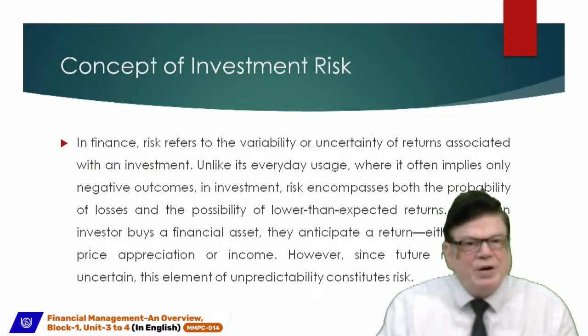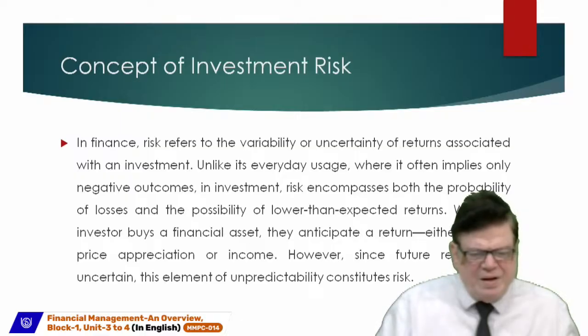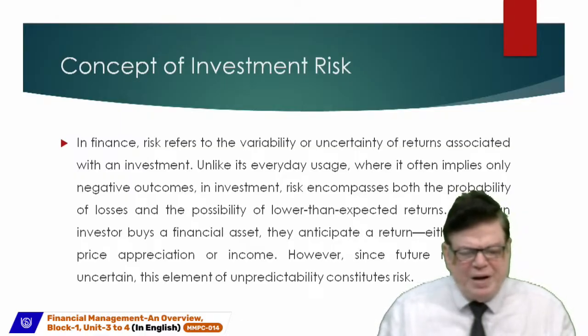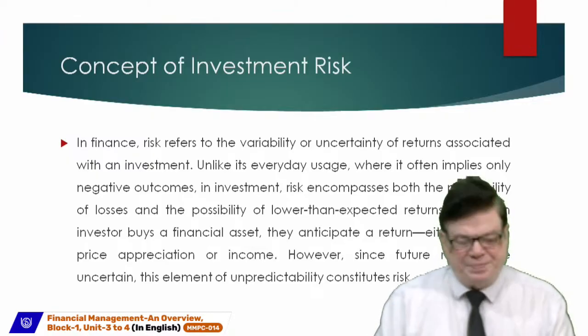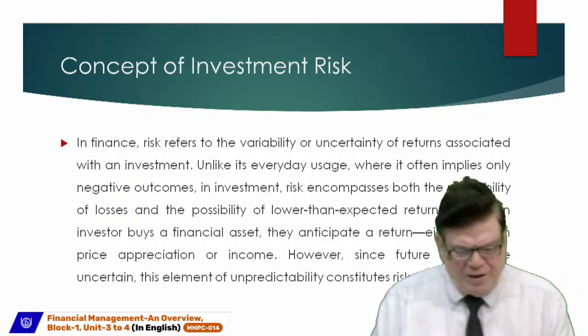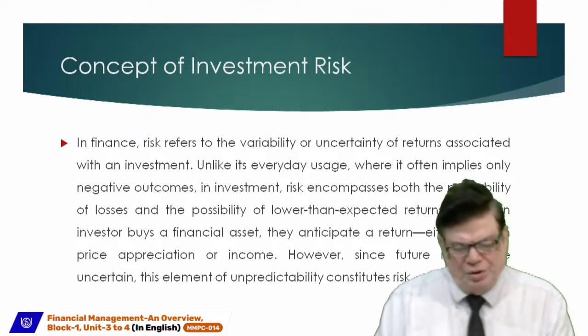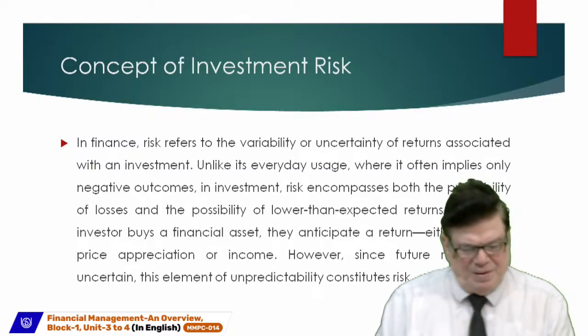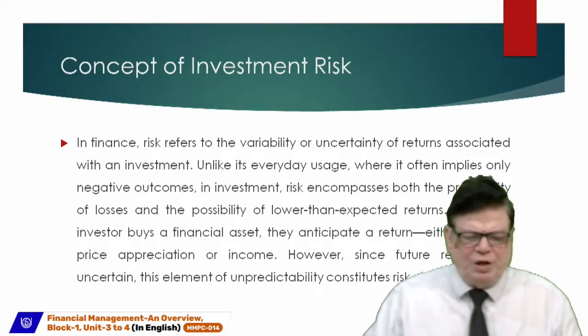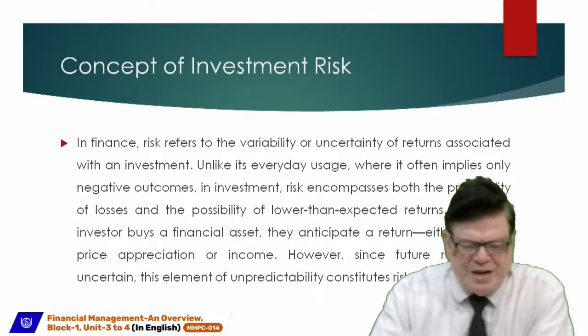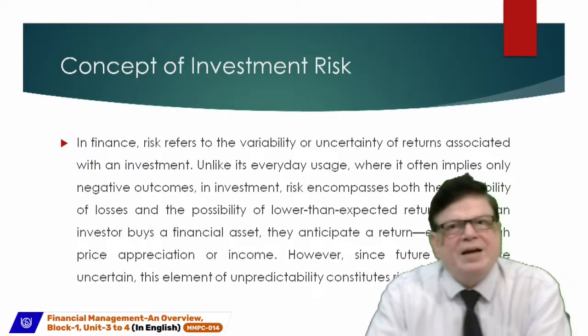Then we come to annuity, a series of equal payments made at regular intervals. Compounding and discounting: compounding is finding future value, money grows forward; discounting is finding present value, money goes backward. Why is time value of money important in financial management? To decide whether to invest today or later, to compare projects that have cash flows at different times, to calculate loan EMIs, bonds and retirement plans.